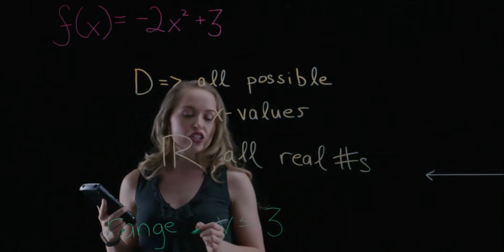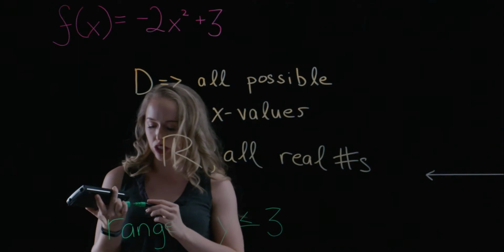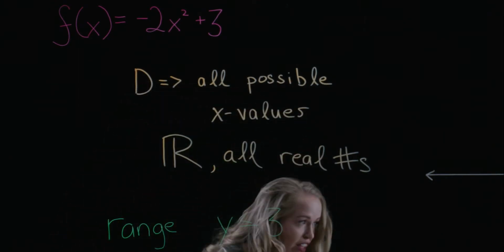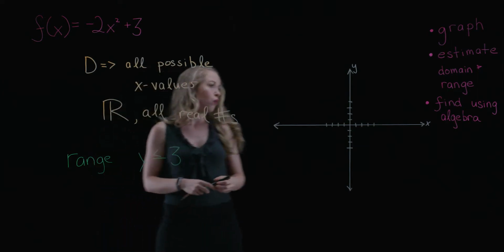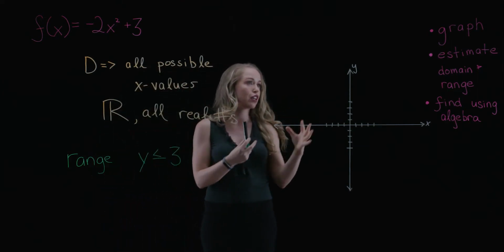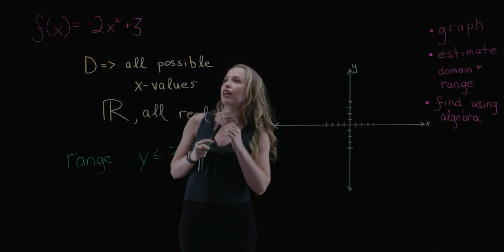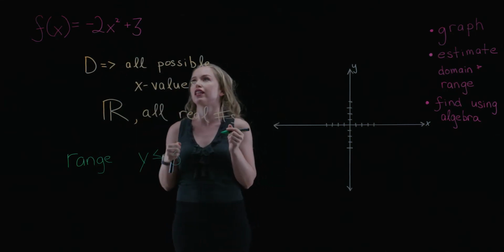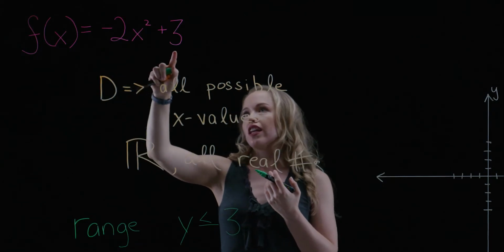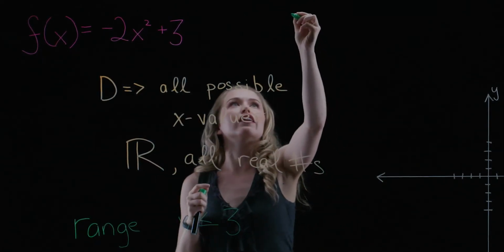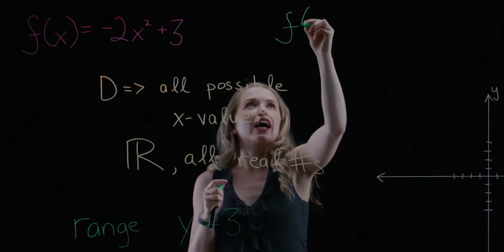So I've graphed my function, I have estimated my domain and range, but then I'm also asked to solve it algebraically. So for this, I have two different methods. One is I might think about, just from looking at the function, what the graph would look like. Again, this is if I don't have a graphing utility. So I notice that this function has what we call a parent function. The parent function here would be f of x